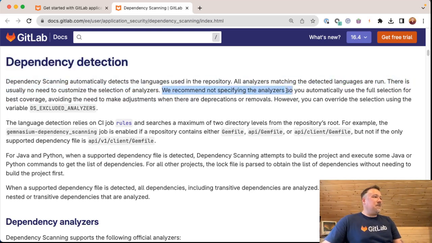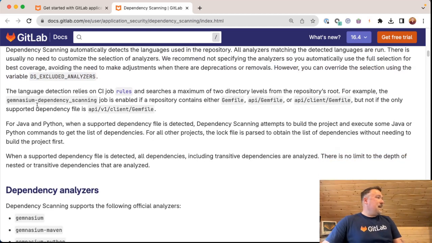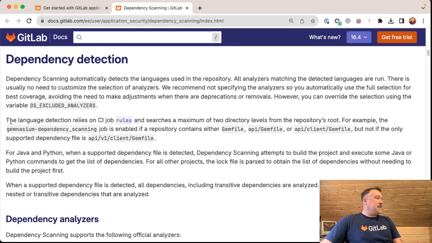We recommend not specifying the analyzer, so you automatically use the full selection for best coverage, avoiding the need to make adjustments when there are dependencies or removals. However, you can override the selection using the variable dx_exclude_analyzers. The language detection relies on CI job rules and searches a maximum of 2 directory levels from the repository's